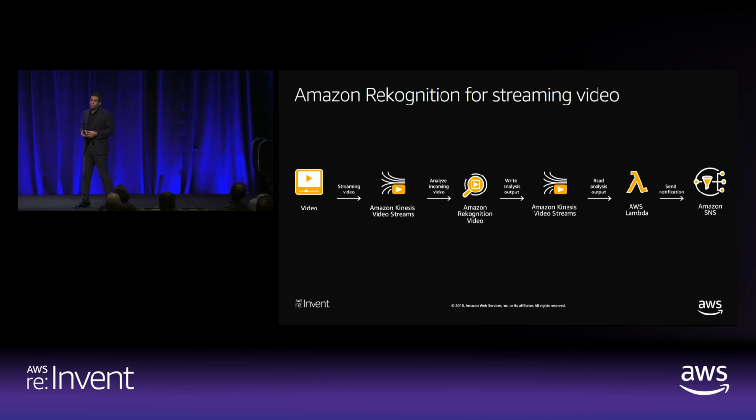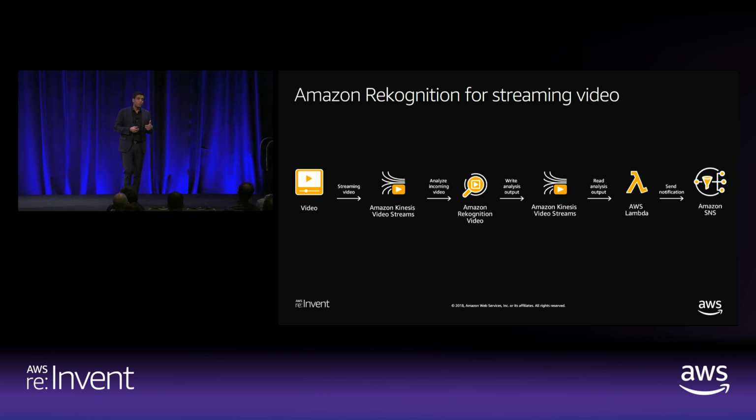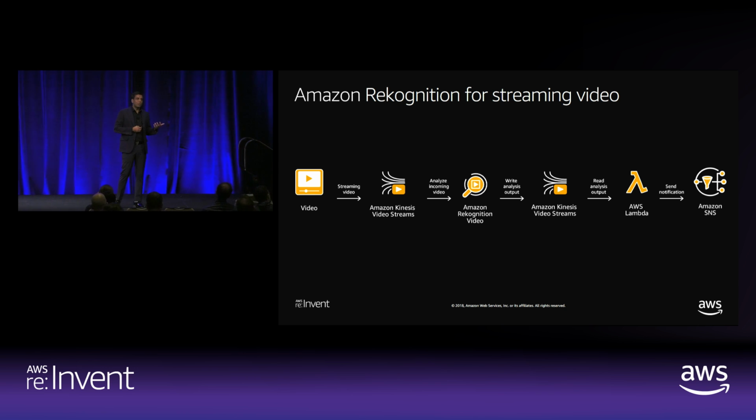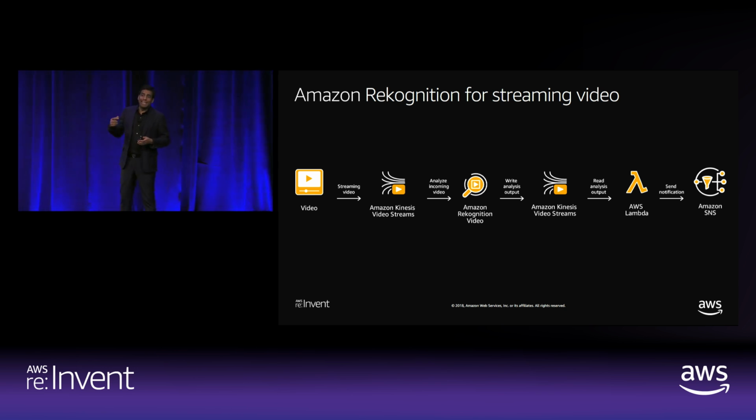A similar workflow could be created for archive video. In the case of archive video, because of the length of the video, it's an async workflow. So you start the job, you tell us which video file or video artifact you want us to process. We have a get API that you could poll to see if the job is completed. It provides you the state of the job.